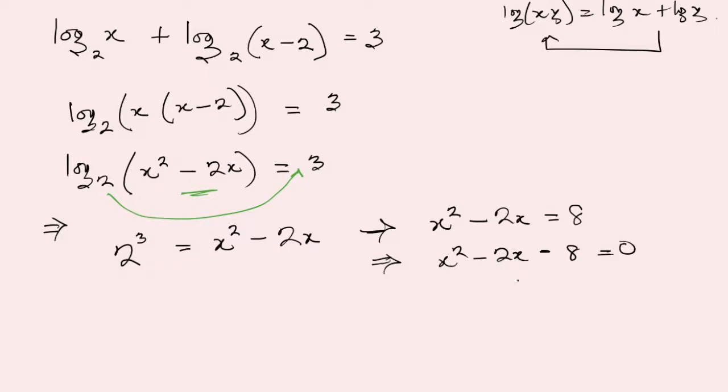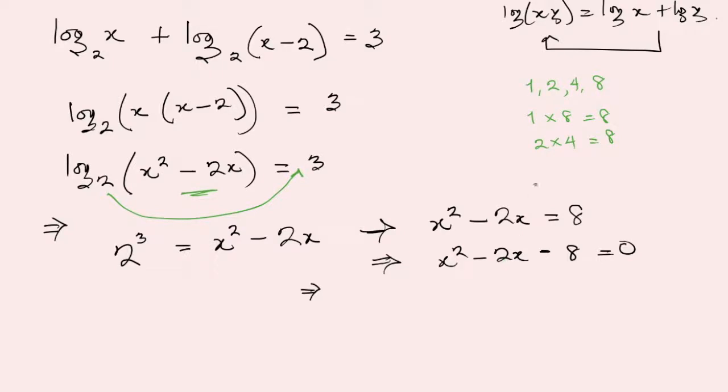And we can recognize that this is a quadratic equation. Now we have to solve this quadratic equation if we want to find the values of x. So to solve it, we have to express the middle term, 2, in terms of factors of 8. The factors of 8 are 1, 2, 4, and 8. Which of these factors can we multiply to get 8? We can multiply 1 by 8 to get 8, and we can multiply 2 by 4 to get 8. So now that we know the pairs that we can multiply to get 8, how can we combine them to get